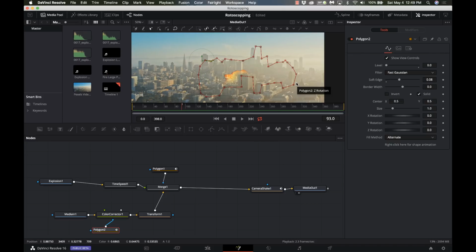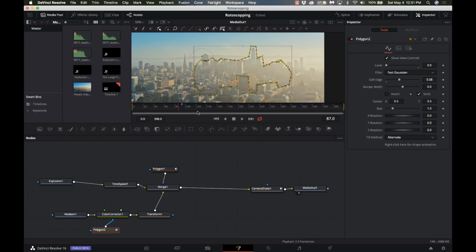And again, notice our polygon is in a different position because we went back in time from where we created it. So I'm just going to hit Command A, make sure I have them all selected, and I'm going to go to this icon up here that says Shape Box. Now I can just grab the whole thing, and I'm just shifting things over a little bit. Again, remember, we just really roughed this out. We could go through and clean up this mask, and I want to make sure that I'm keyframing this at 0,